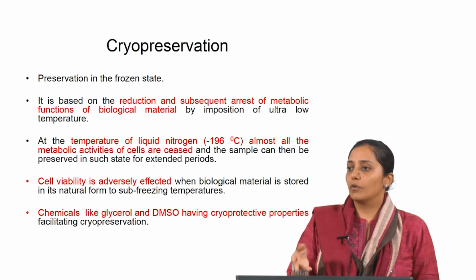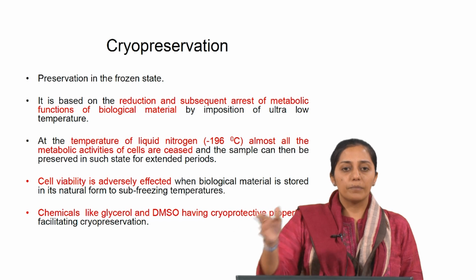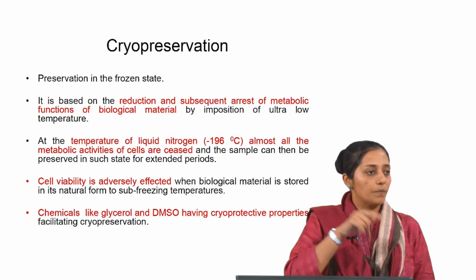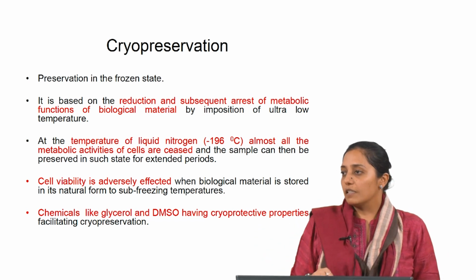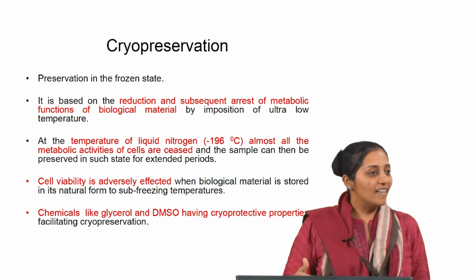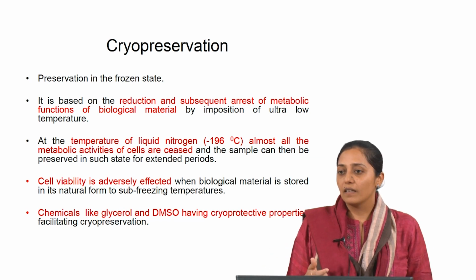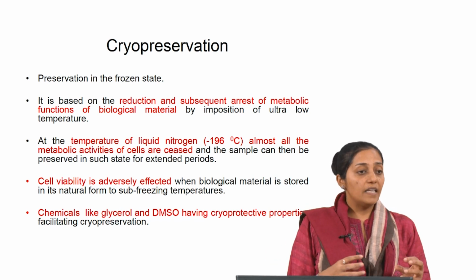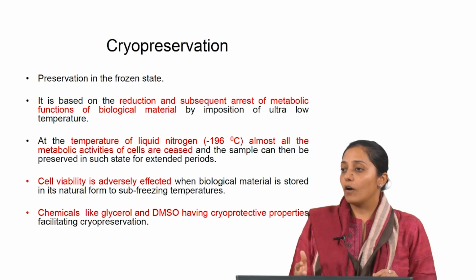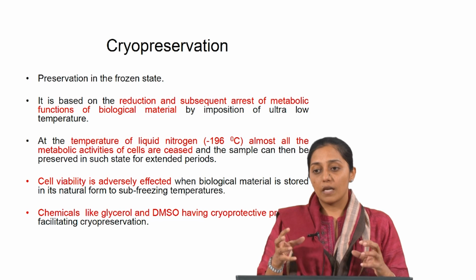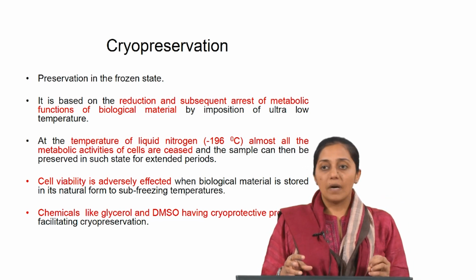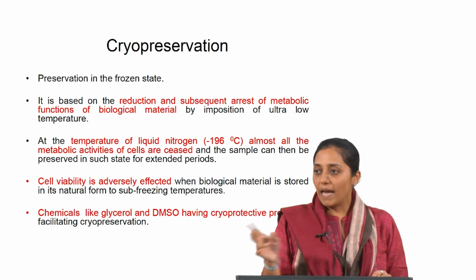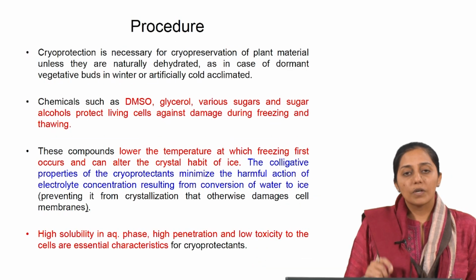Sometimes you will see in the literature people use 45% glycerol stock, some people use 20% glycerol stock, depending on what species you are working with, whether you want to cryopreserve bacterial cells, fungal cultures, or plant cells. The glycerol percentage keeps varying. Or sometimes DMSO. Now these are called cryoprotectants, depending on the different nature in which they are used. Some are cell penetrating agents, some are cell dispersing agents which can easily get mixed with water and balance out the osmotic pressure. So what is cryoprotection?